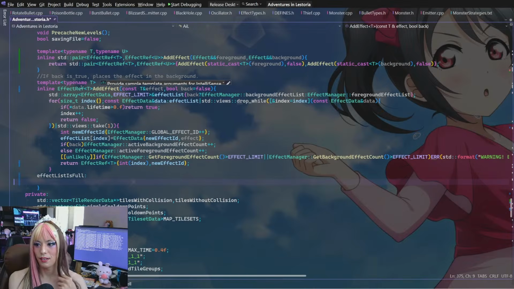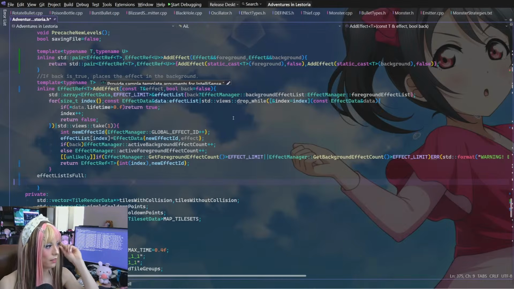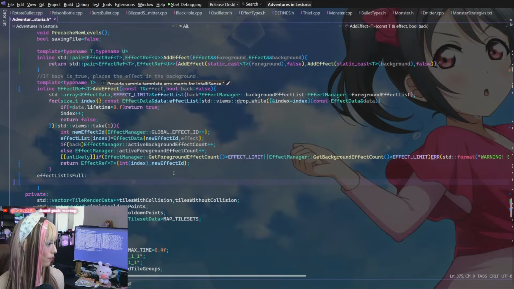But this is expecting a reference, a return. So either the return type has to be optional, which then I have to go through and change all the add effects, or something has to happen. Just trying to think here.